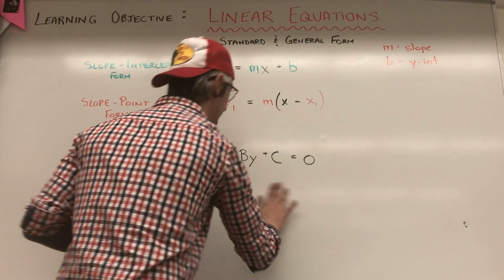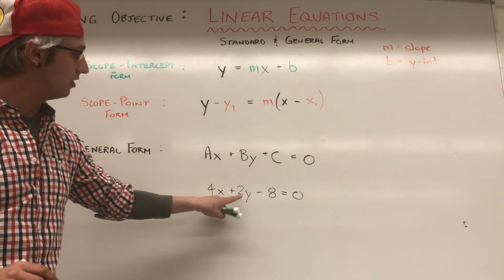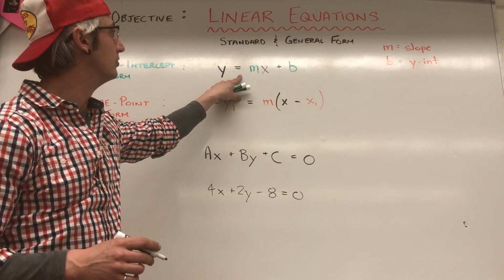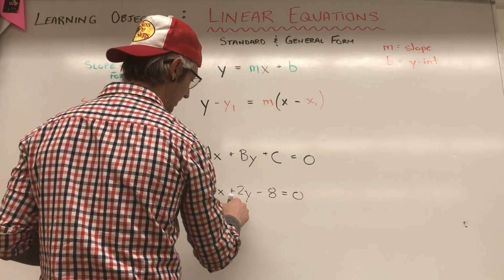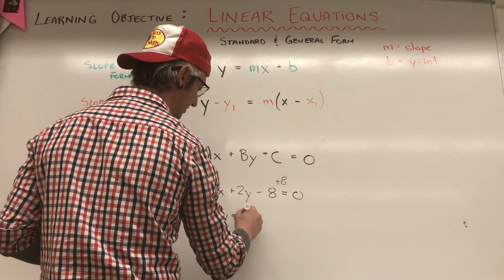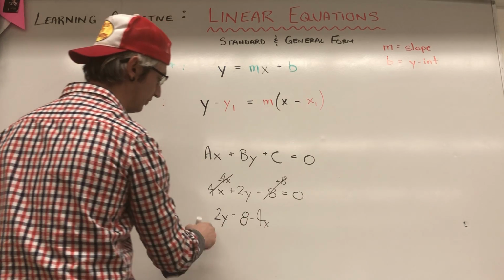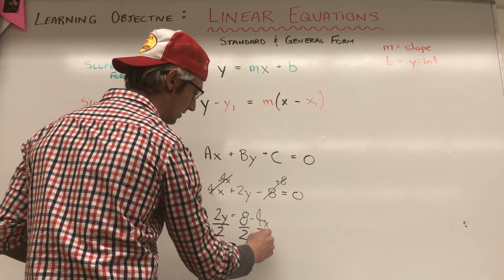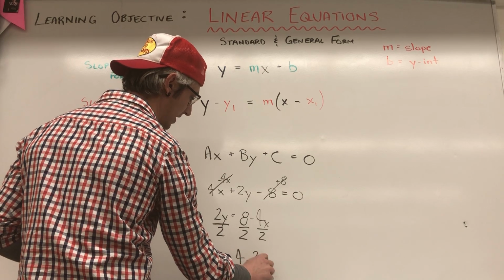Or sorry, minus 8 is equal to 0. Now in this case, a is equal to 4, b is equal to 2, and then c is equal to negative 8. If I want to convert this into slope-intercept form, all I have to do is solve for y. So what I do is, well, I'm going to leave 2y on this side alone. I'm going to move the 8 over by adding 8 to each side. And I'm going to subtract the 4x from this side and move it to this side. And then I have 2y is equal to 8 minus 4x. And then if I divide everything by 2, I get y is equal to 4 minus 2x,